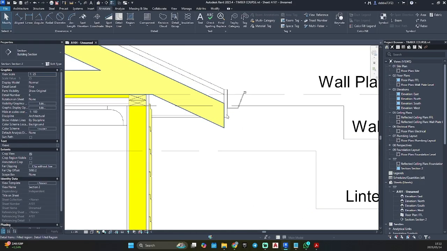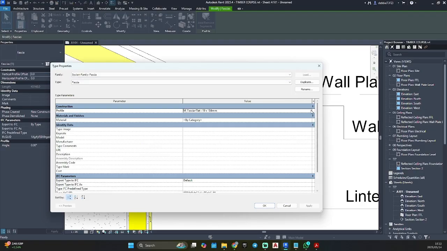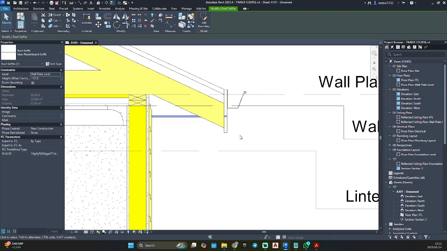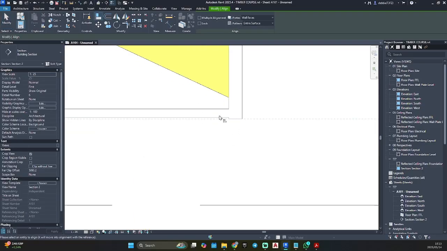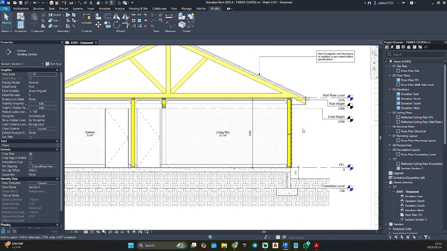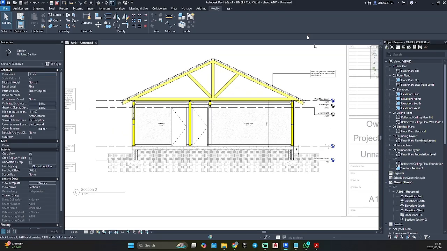Okay, now we need to update our fascias. I'm going to make it a big one so that it hides. And our soffit, I'm going to move down with my arrow keys. Just AL for a line, and we can align that nicely together. That looks a lot better.